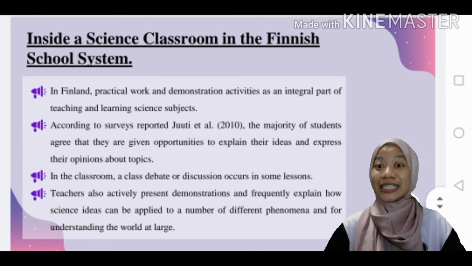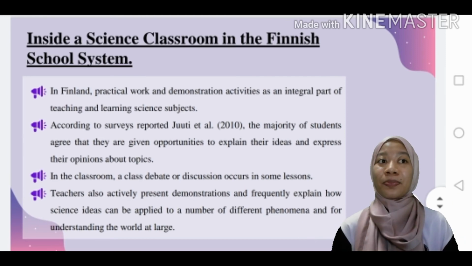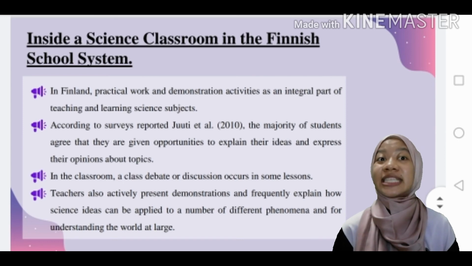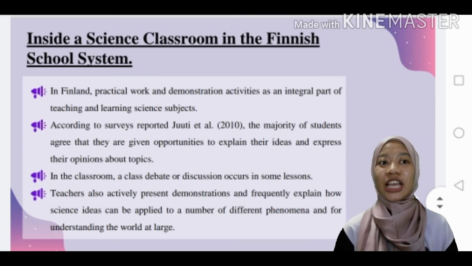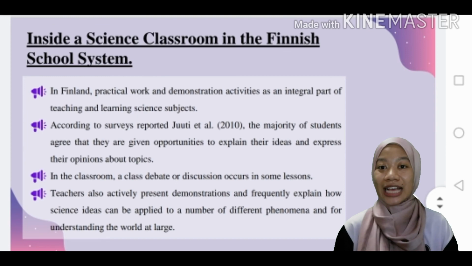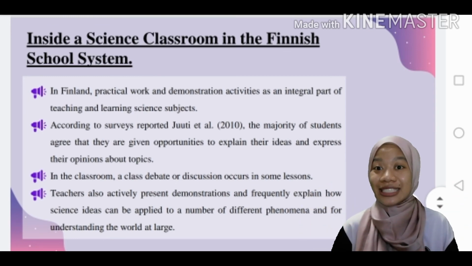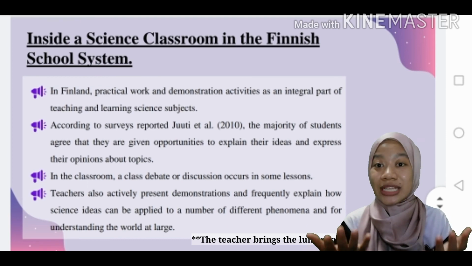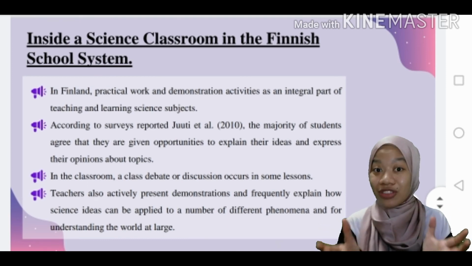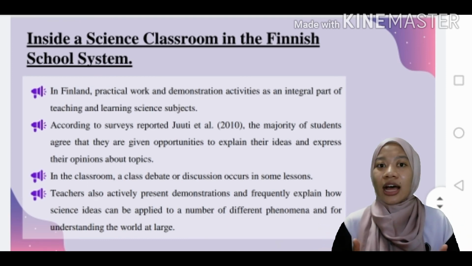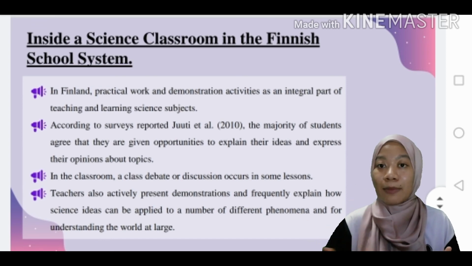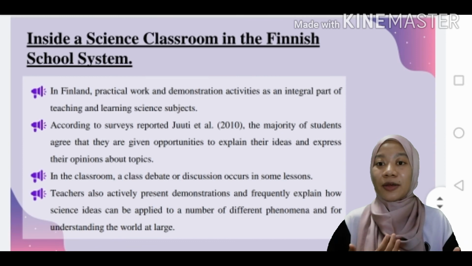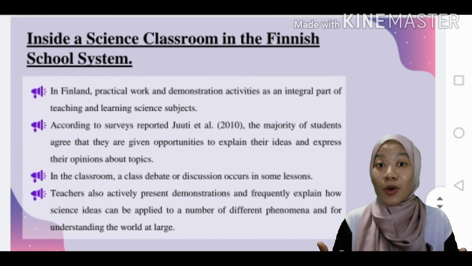So, as you can see, in Finland, practical work and demonstration activities are an integral part of teaching and learning the science subject. As you can see in the video, the teacher brings a heart to the classroom to show the students the structure of the organ. And based on the demonstration and explanation by the teacher, the students are able to realize that smoking is bad for